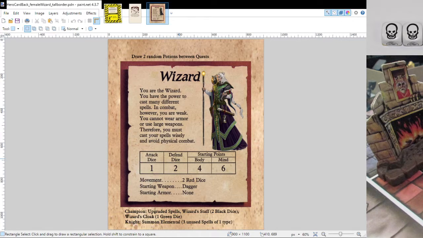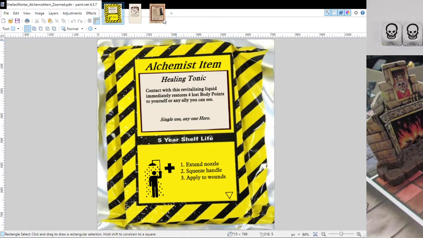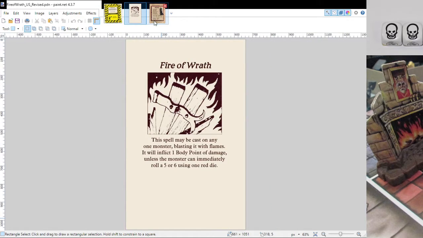I clean it up and then start adding layers. So it's pretty straightforward, pretty simple. So I'll just show you. If everything is running slow, it's because I'm running this program on top of everything else. So sorry about that. But if you can see over here, I've got my layers. This is just an example. This is Fire of Wrath. I've captured each of the elements and cleaned them up.